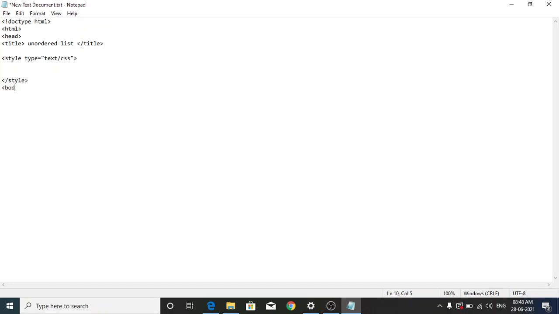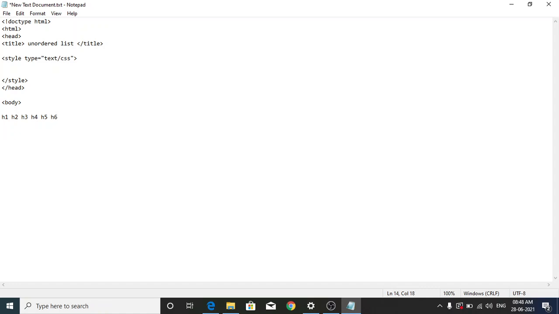So we'll start with the body now. Sorry, the head will be closed here. Style will be inside the head, then we'll close the head. Don't worry if I'm going fast, I'll explain it again. Body started. Inside the body, we need to give the heading first. The heading has 6 tags, H1, H2, H3, H4, H5, H6.